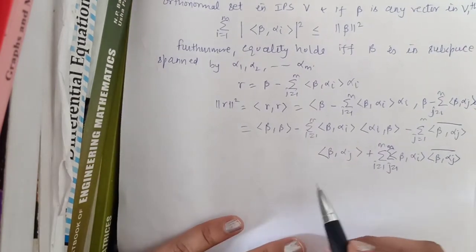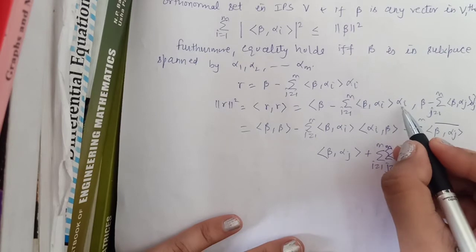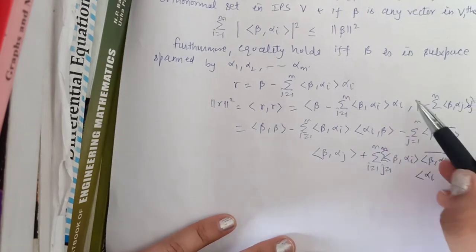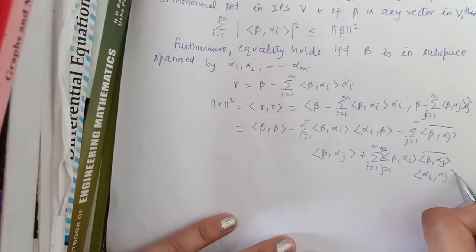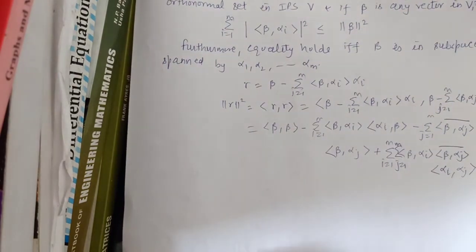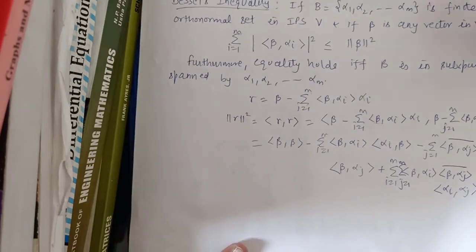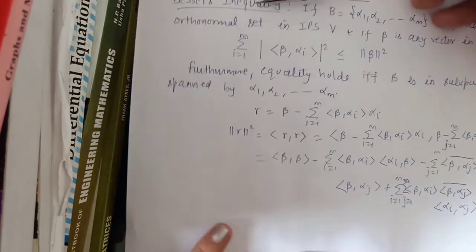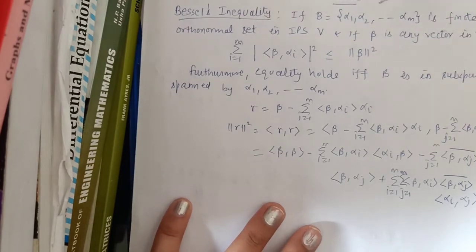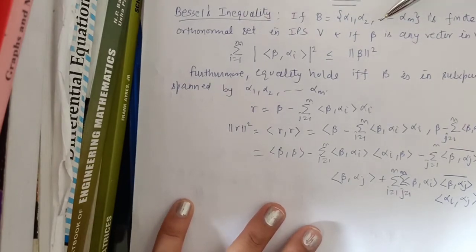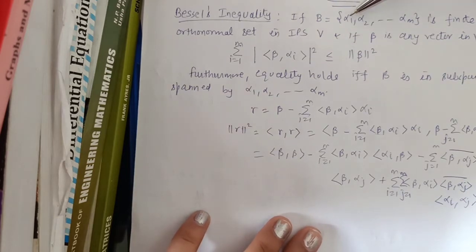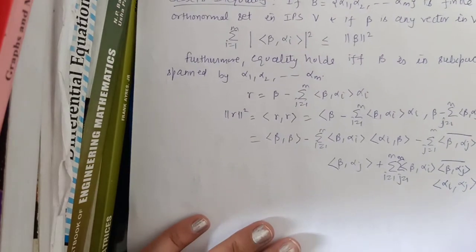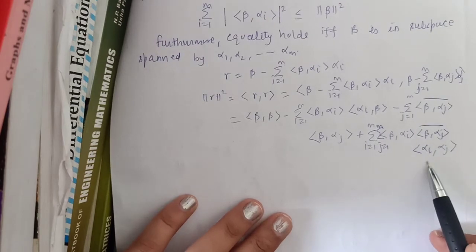So now what we will be left with from here is alpha i inner product with alpha j. Okay, now look at this basis. This basis is an orthonormal set. Sorry for calling it a basis, it is an orthonormal set. So the inner product of each element with any other element will always be 0, and the inner product with itself will be 1. That is, the inner product of alpha i with alpha i will be 1, but the inner product of alpha i with some alpha j when i is not equal to j will be 0. So this term would go.